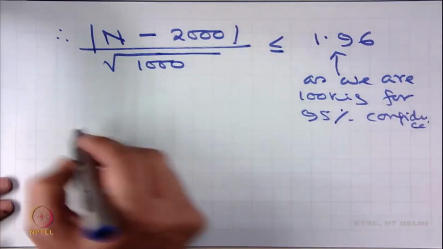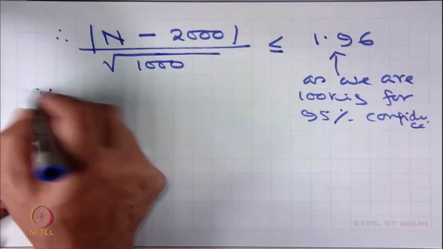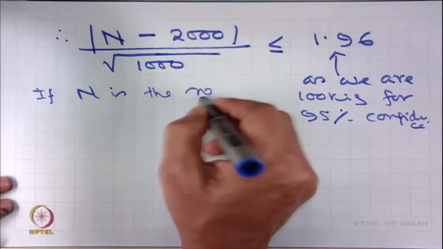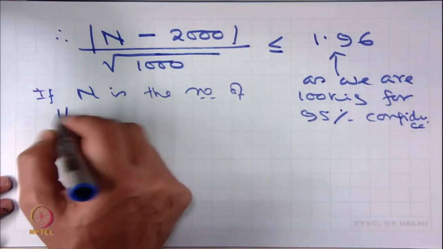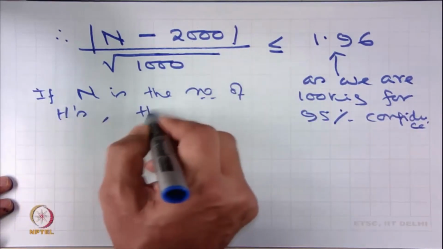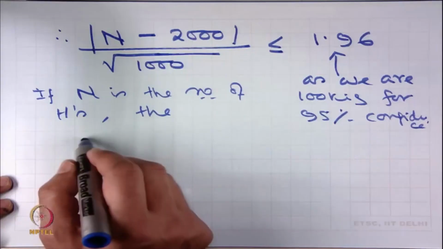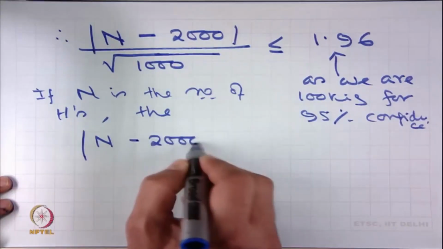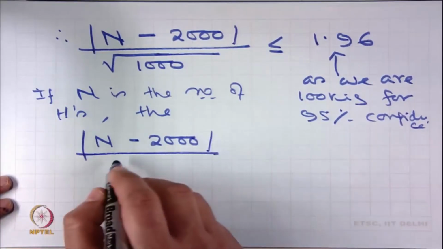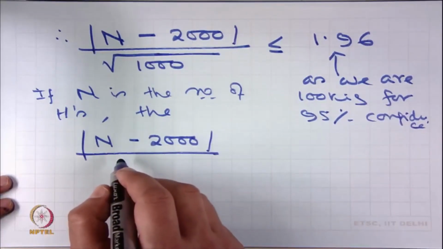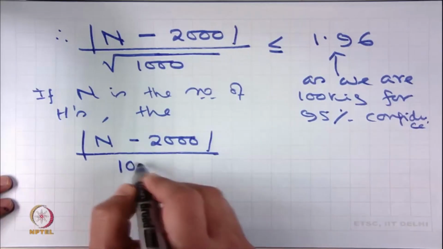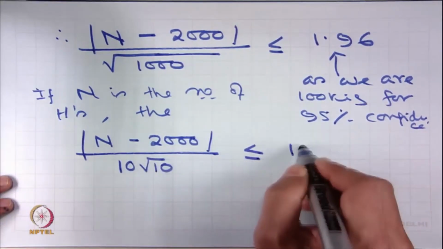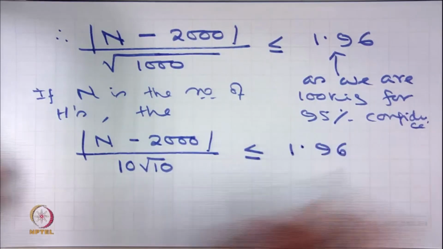In other words, if n is the number of heads, then modulus of (n minus 2000) divided by 10 root 10 has to be less than or equal to 1.96,